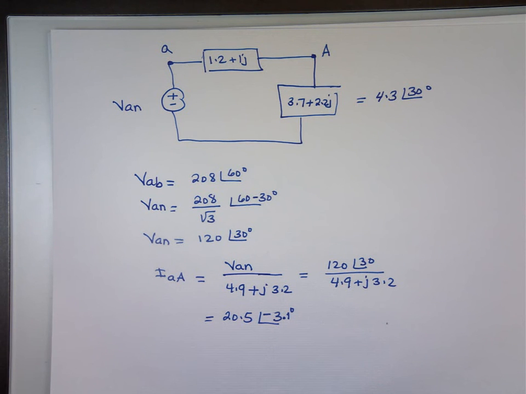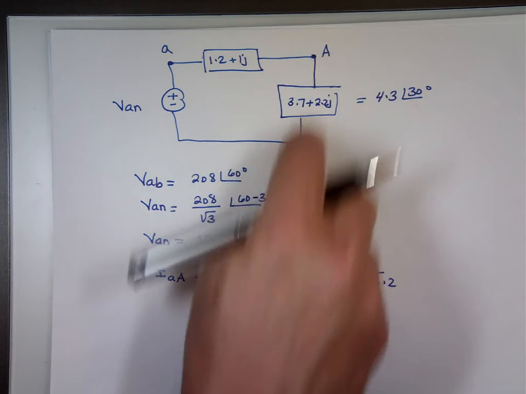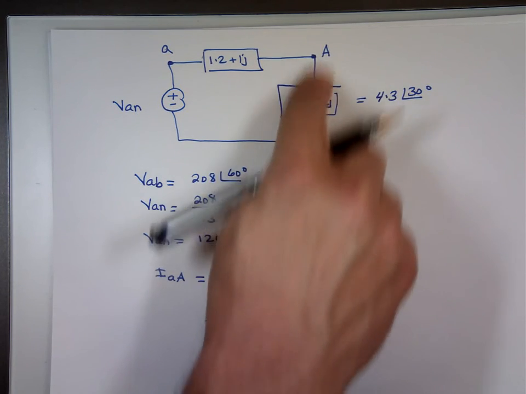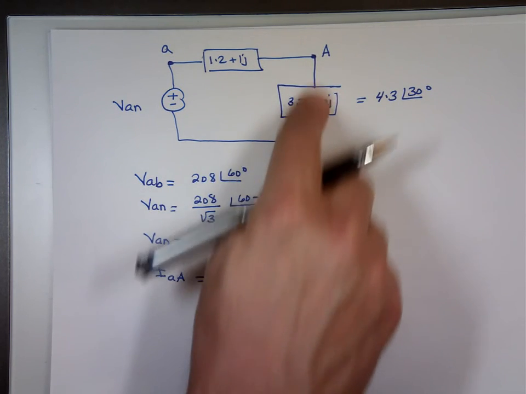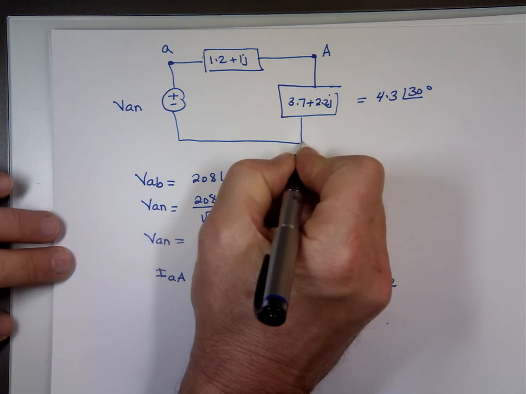Now if you want to find the current through the phase here from A to N, that's different. I forgot what the question asked: per phase, find the current through the load, which is what I was looking for. So if you want to find I sub AN,